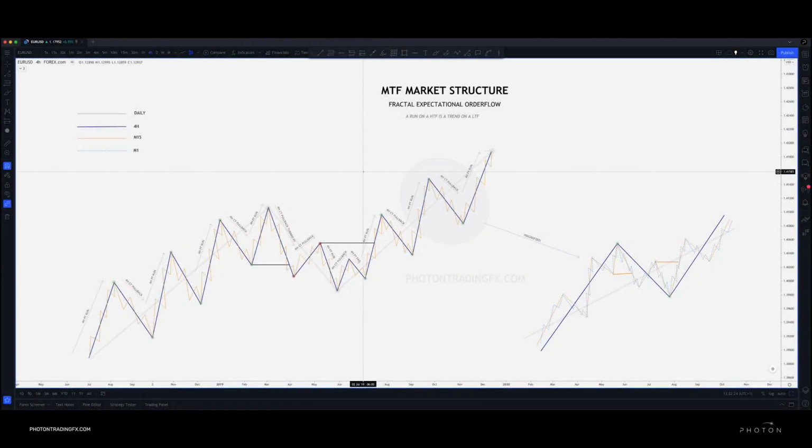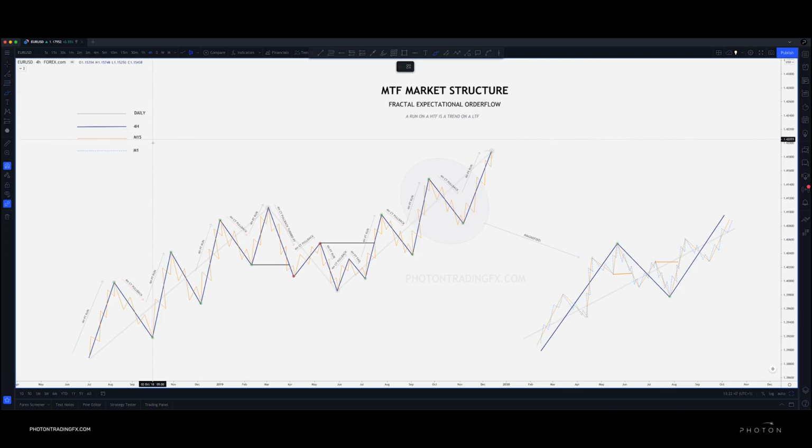Okay, so this diagram is a little bit more messy as there's a little bit more going on, but let's just slowly go through it and see what we have here. So this time, instead of just looking at 2 time frames, we have 4 time frames, and we have them as the daily, the 4 hour, the M15, and the M1. But again, this is not time frame specific. This can apply to any set of time frames that you wish to view it